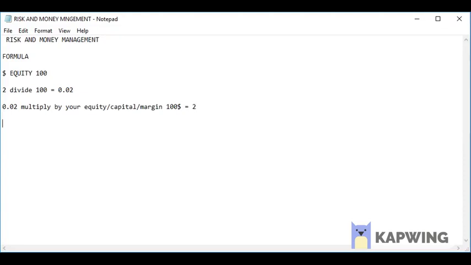So what we are saying in essence is that whatever time you trade, please expose only $2 from your capital of $100. So you are going to invest $2. But how do you know this is $2 from the lot size? When you talk about lot size, how do we know? So we are going to take that $2 and we are going to divide that by